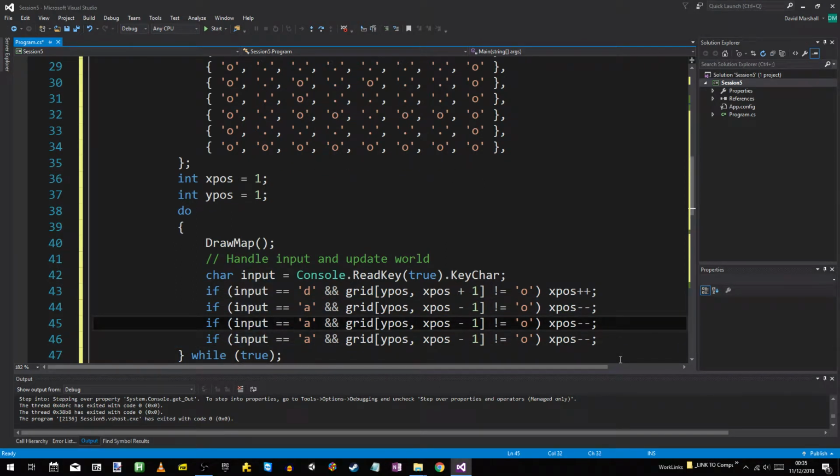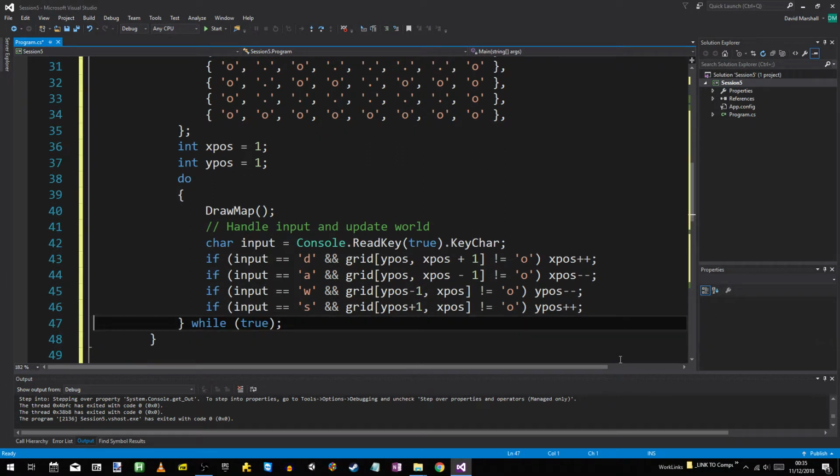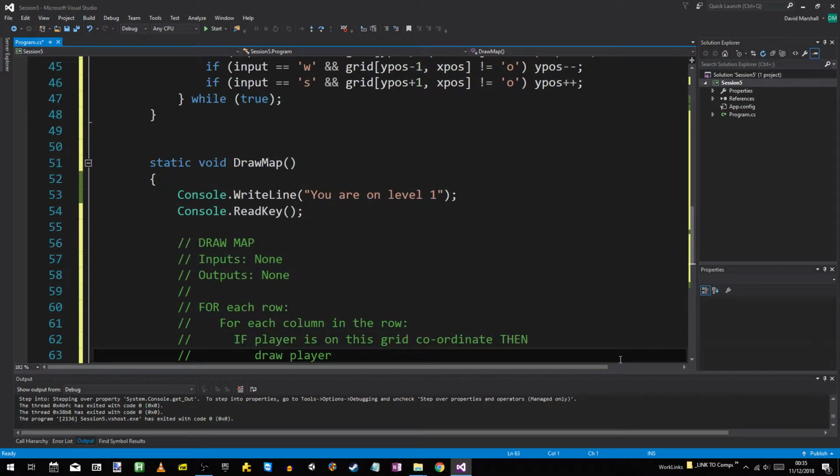Finally, up and down, which I'm going to use W and S, and that's going to be Y pos -1, Y pos +1, instead of checking the next X position. And if it's not a wall, then we're going to change our Y position. One going down, one going up. Okay, that should let us move around, but we're not going to see anything because the draw map, all it does is say you're on level 1. So let's make it draw something, but